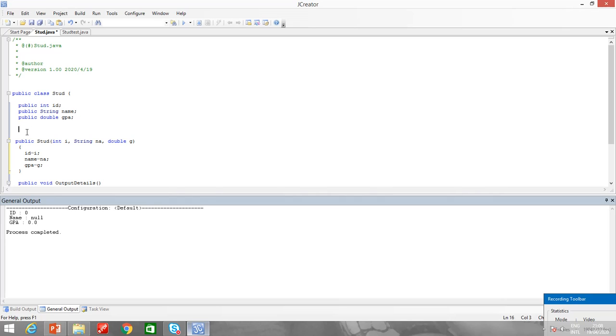Okay, so for example, public stud, I make a default constructor, ID is equal to 1001, name is equal to any, and GPA is equal to 1.9.